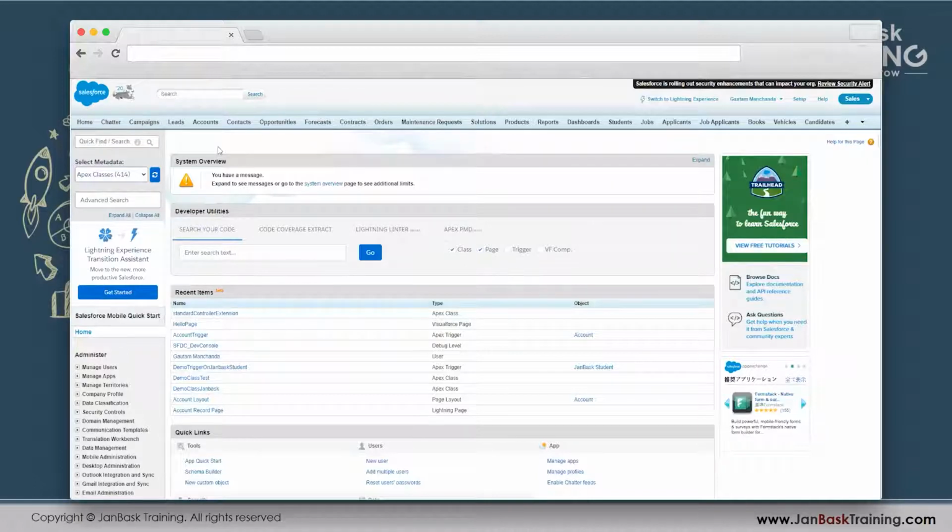What are these called? Home, Chatter, Campaigns, Leads, Account, Contact, Opportunity, Forecast, Contracts, Orders. All these are Salesforce objects. All these are the objects which have been created. Since it's software as a service, there is a pre-built, ground-level application for a basic CRM to exist, and these are all a part of that. If we want, we can leverage these, or we can create our own and play around with those.